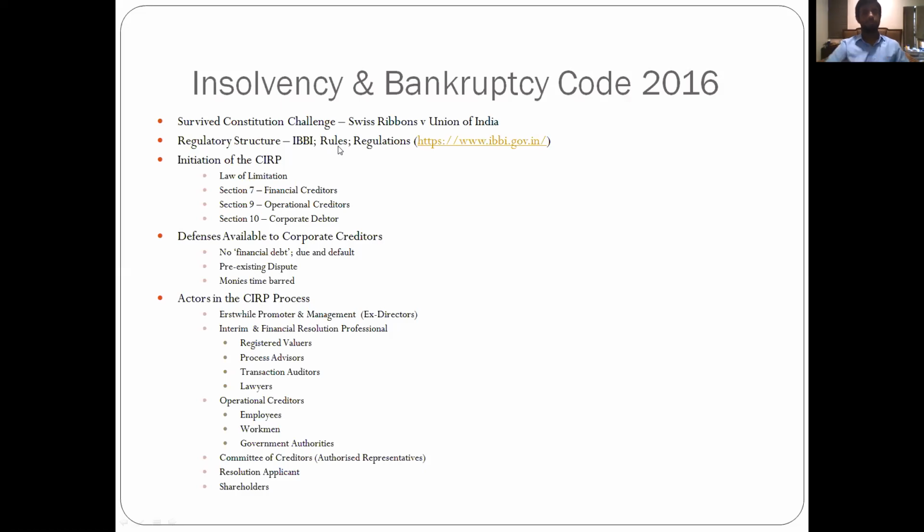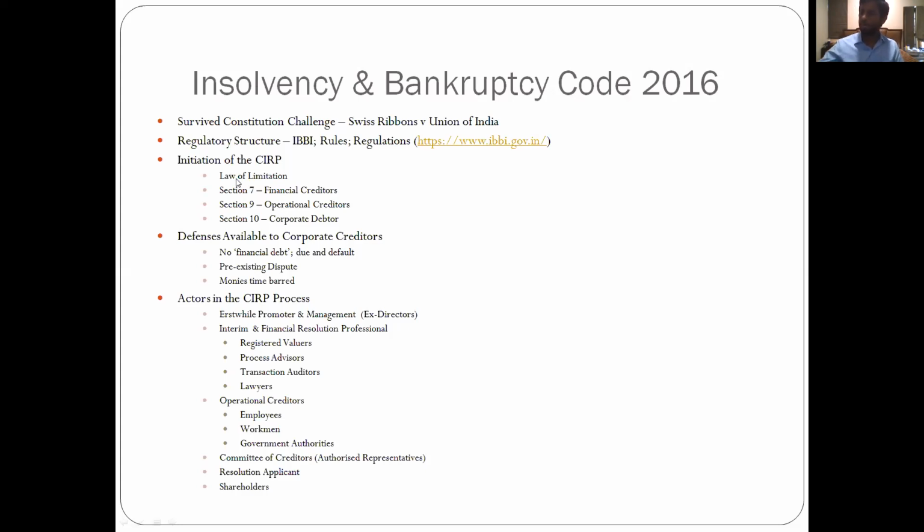You also have certain rules that the executive has come up with, application to adjudicating authority rules. Again, these list out in which forms do you make filings before the NCLT, how do you do it in Form 1, in Form 3, in Form 5, and it's more procedural in nature. Now, we've already dealt with the initiation of CIRP by a financial creditor, an operational creditor, and a corporate debtor.